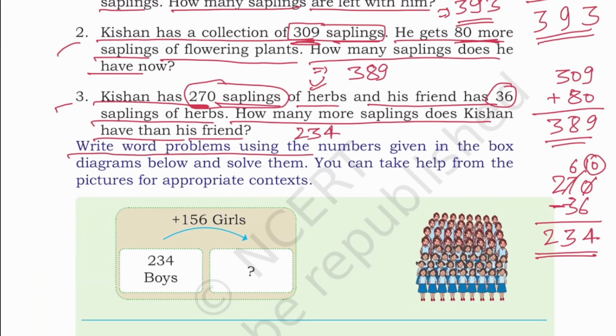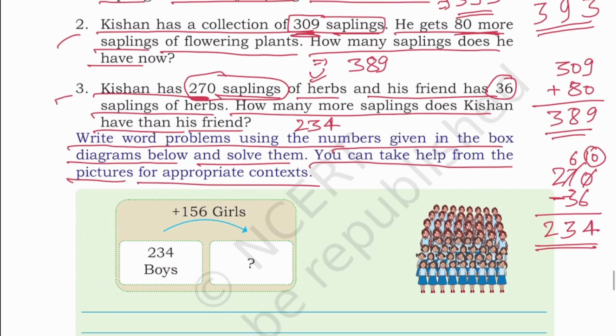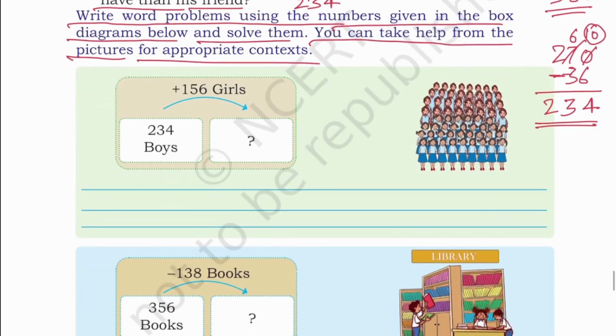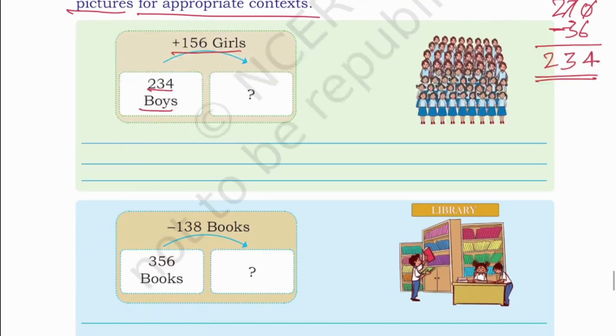Write word problems using the numbers given in the box diagram below and solve them. You can take help from the picture for appropriate context. 234 boys and 156 girls. That means you have to add 156 to